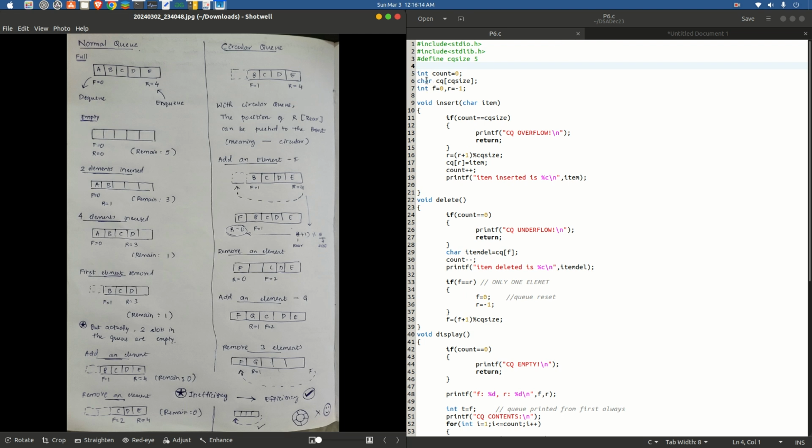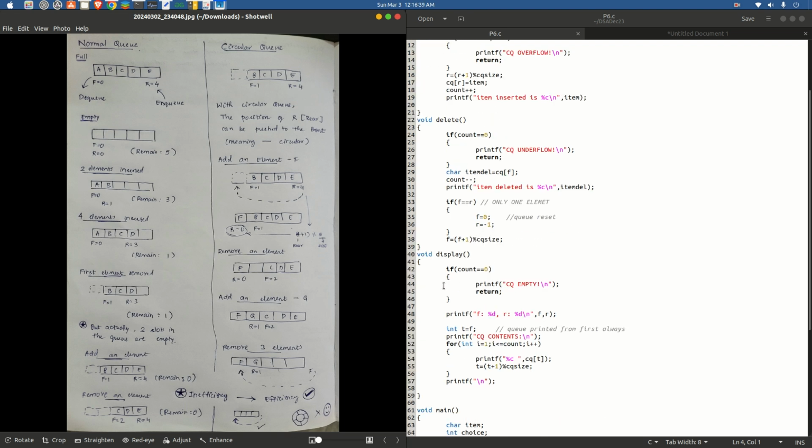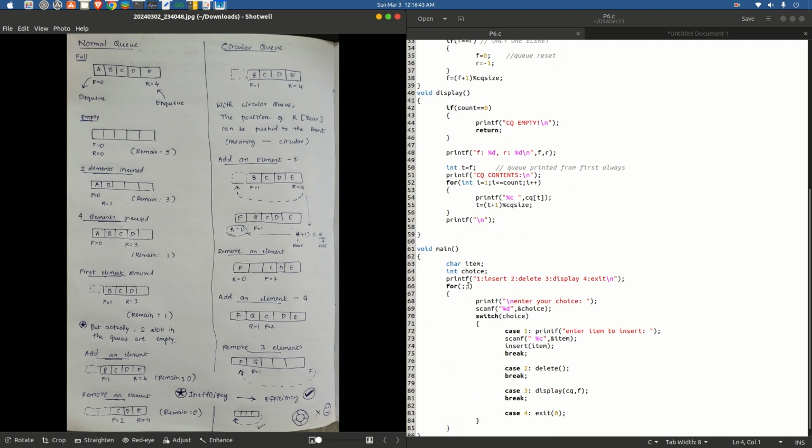So we are creating a character queue of CQ size, which is 5, and as I've already explained here, we have to use two location indicators, F and R, and we are initializing them accordingly. Normally any data structure would have to be understood from insertion perspective, deletion perspective, and displaying what the contents of the data structure are, and of course we would expect a main